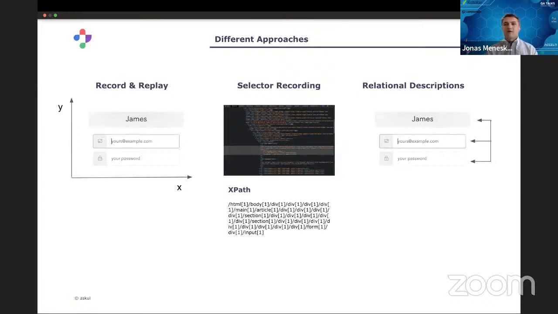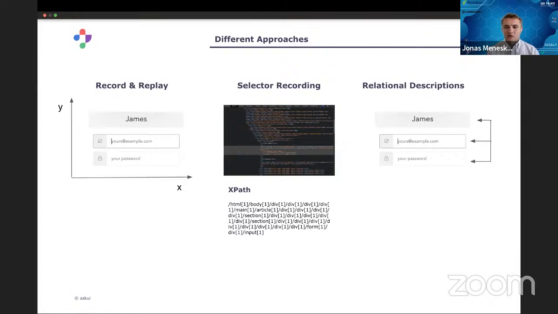This is not a good approach. It can be a good approach if you have a really, really simple application which you want to throw away at some point in the future. But in general, record and replay has very high maintenance effort, because if you change the positions of elements, the test automation suite will break. It's always the same click path. There's no possibility for more flexibility. So if you see this kind of thing going on under the hood, depending on your requirements, maybe you should consider using something else.